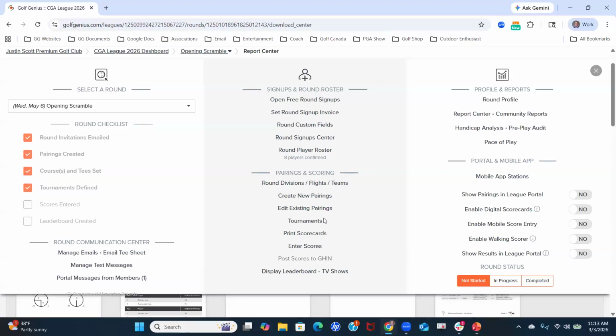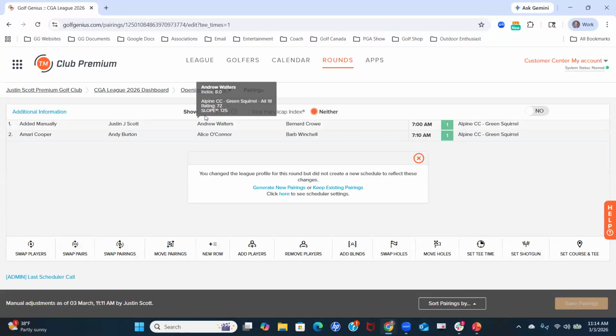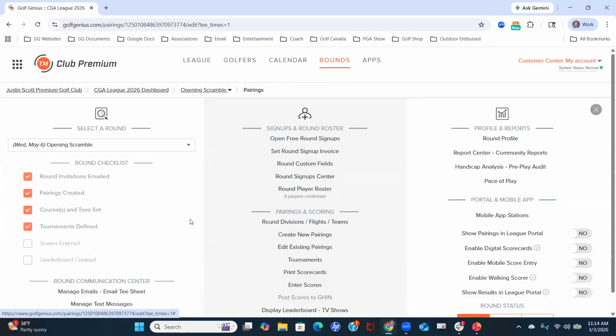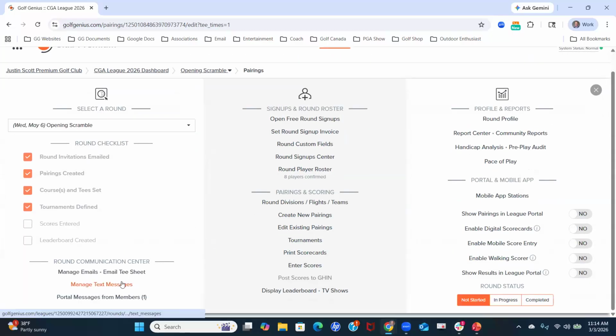For premium, there is a GGID associated with each one of your pairing groups. So we can distribute this in a number of different ways so that golfers can utilize live mobile scoring. We can embed that on a scorecard. We can embed it in a text message. We can embed it in an email. We can email it out via a pro tip sheet. However we get this